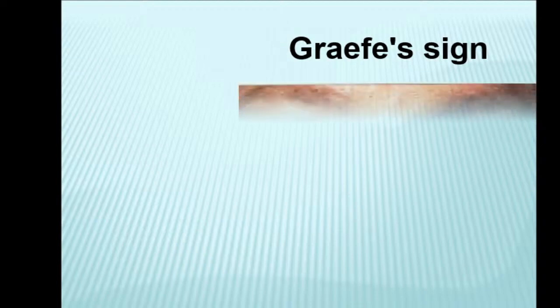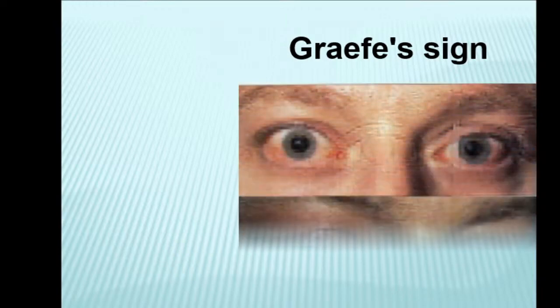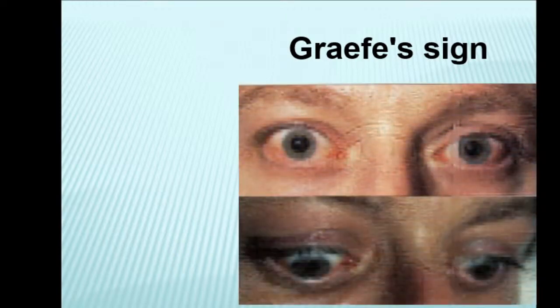Graefe's sign. Let's see how we'll check it. I said you will put some subject nearest on the level of the nose of the patient, and I pay your attention on distance 25 centimeters, which is optimal distance for vision, and ask the patient to fix this subject only with eyes without movements of head. And when we'll move the subject downward, eyes of the patient also synchronously go downward.